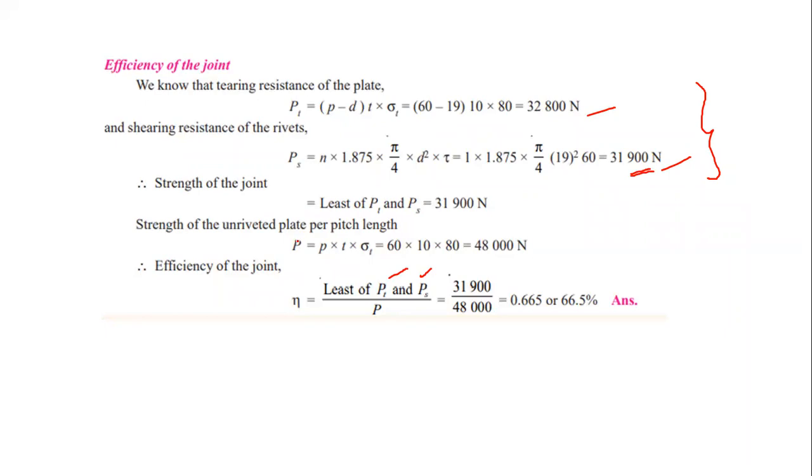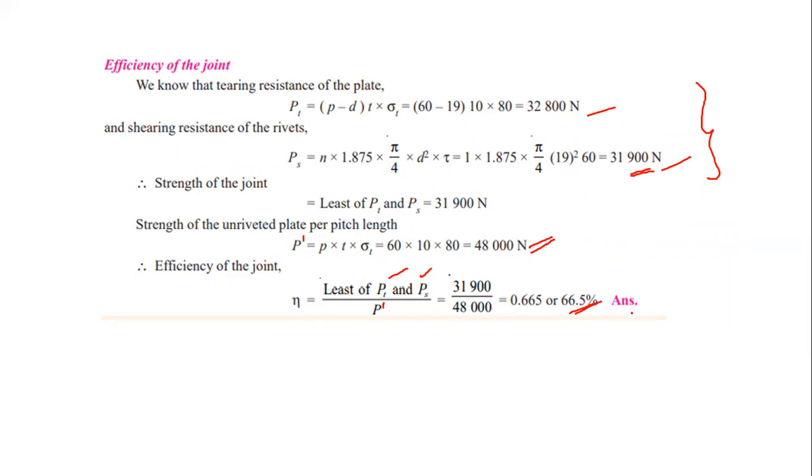After that, you have to find out the strength of the unriveted plate, P dash. P dash is the strength of the unriveted plate. P dash equals P into T into sigma T. P is the pitch of the rivet, T is the thickness, sigma T is the tensile stress. This is the strength of the unriveted joint. So the ratio of the least value of PT, PS, PC divided by P dash equals